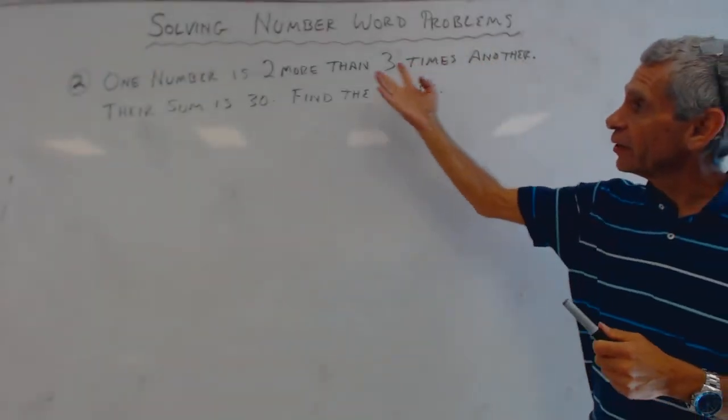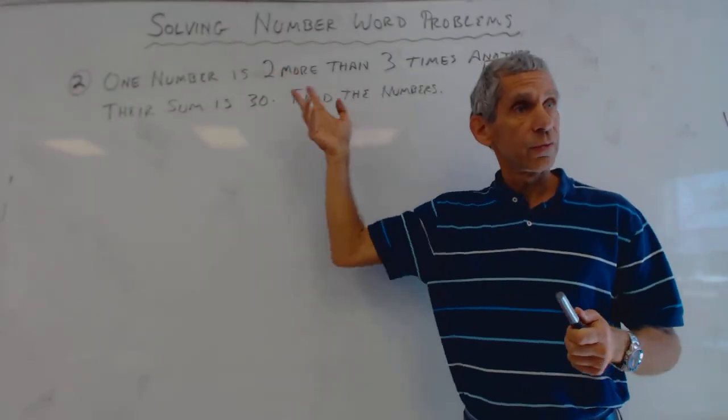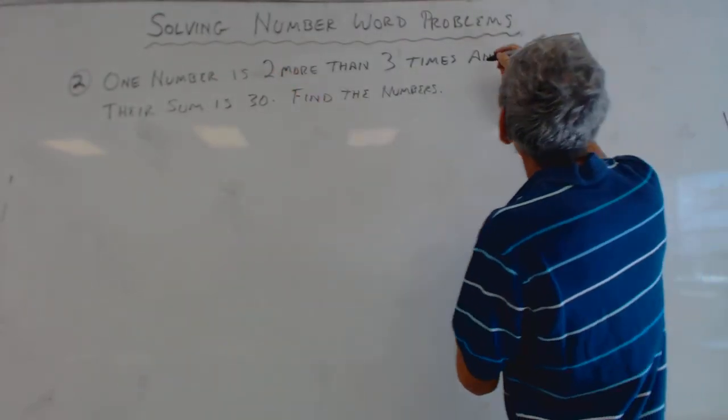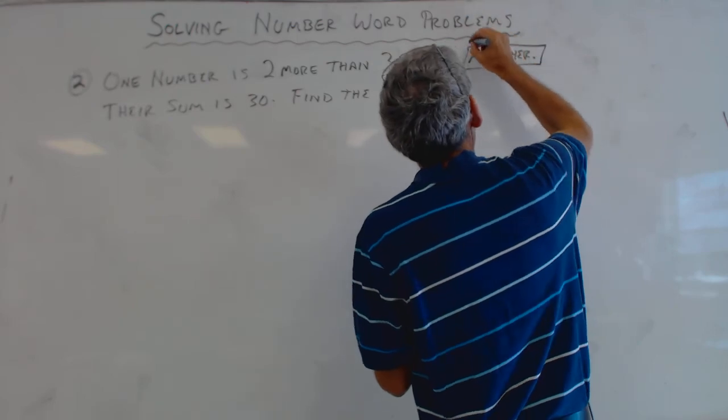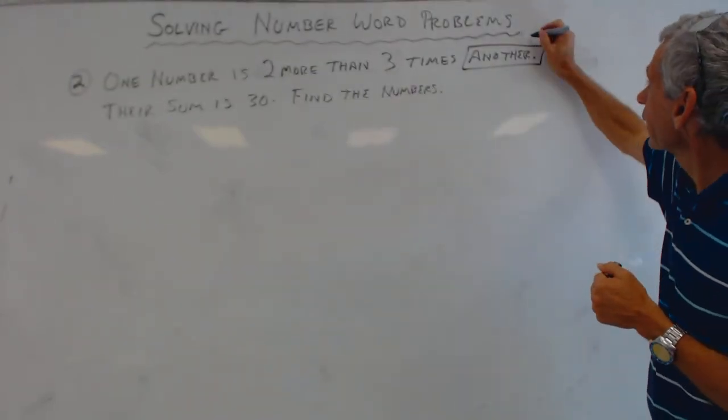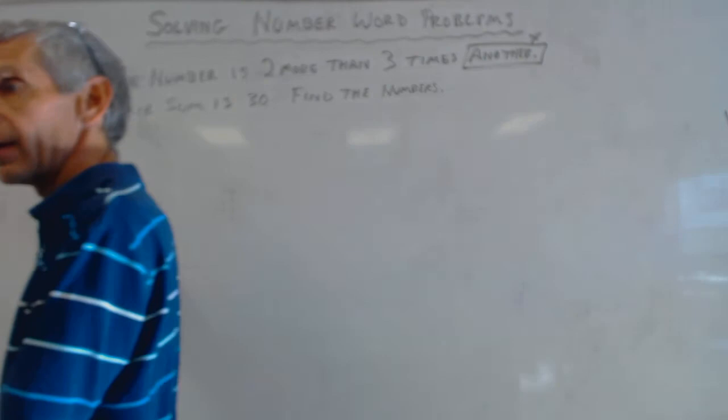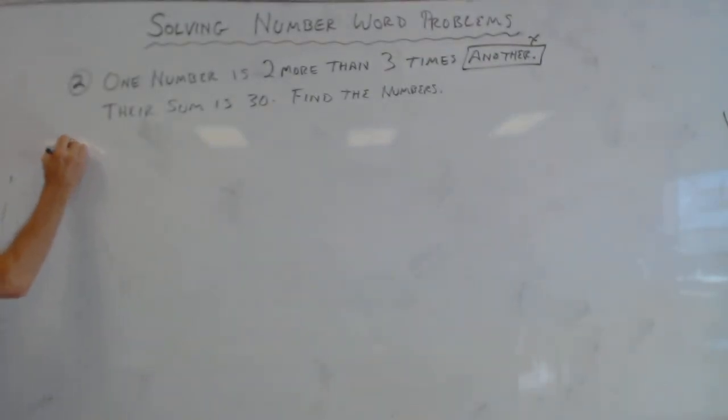So just like in the last one, it says one number is 2 more than 3 times another. What's the foundational thing? Another is the foundational thing, right? If I know the another, then I can figure out the 2 more than 3 times, right? So I'm going to make that x. And over here I'm creating my table, and I say my first number is x. And my second number, this is the hard part,